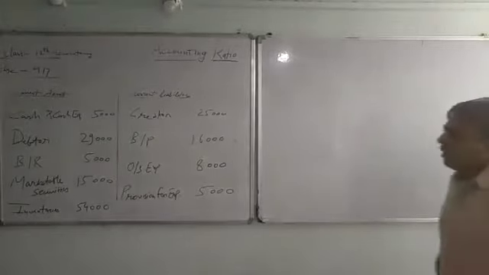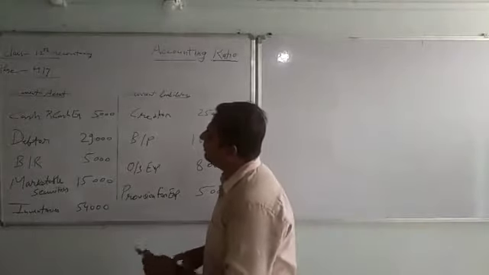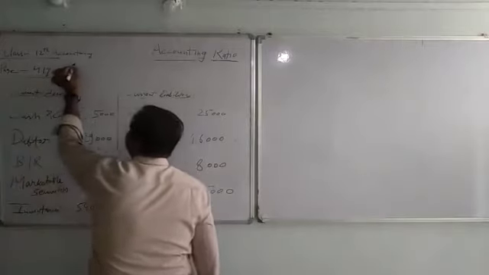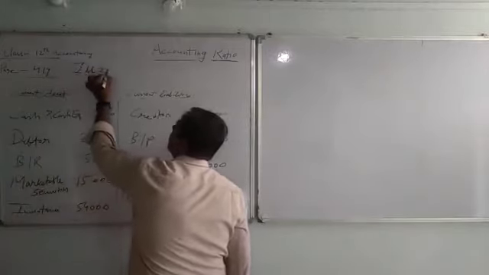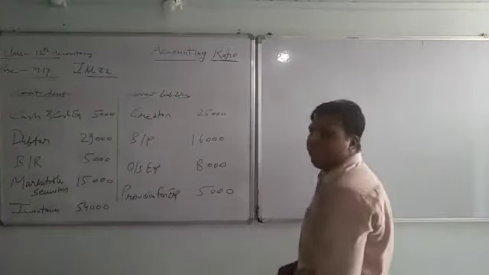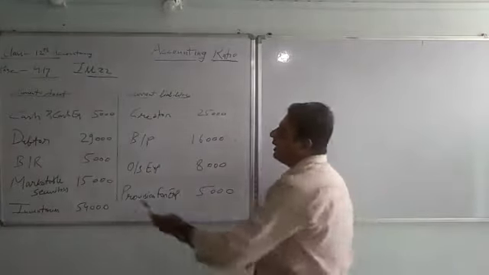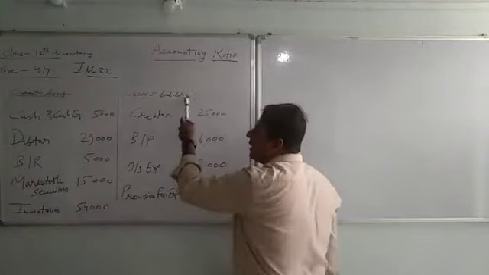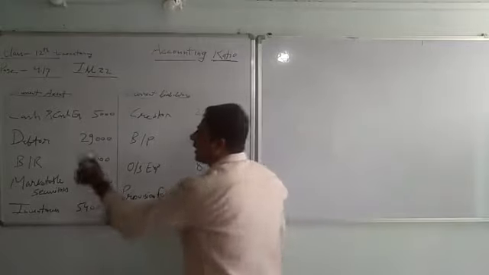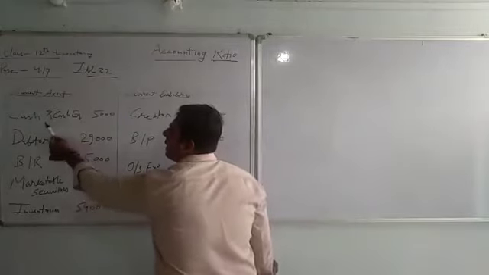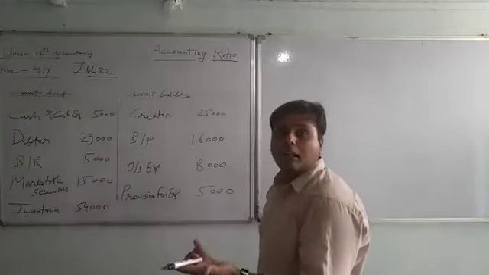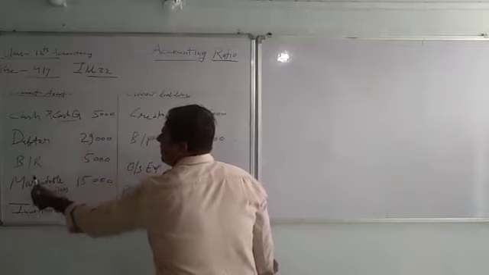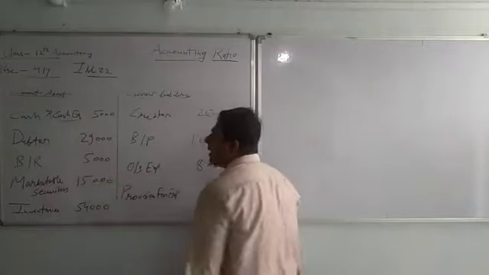Okay, here is the question on the blackboard. Page number 4.17 and illustration number 22. We have the question on the screen. Here we have given the current asset on this side and current liability on this side. Cash and cash equivalent, cash equivalent means cash, draft, cheque covered under cash equivalents. Debtors, bills receivable, marketable securities, inventory, all are current assets.